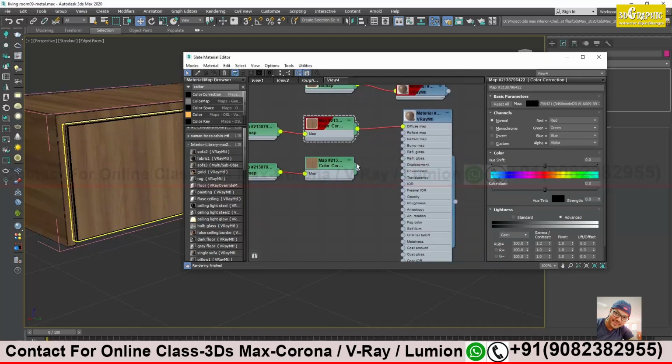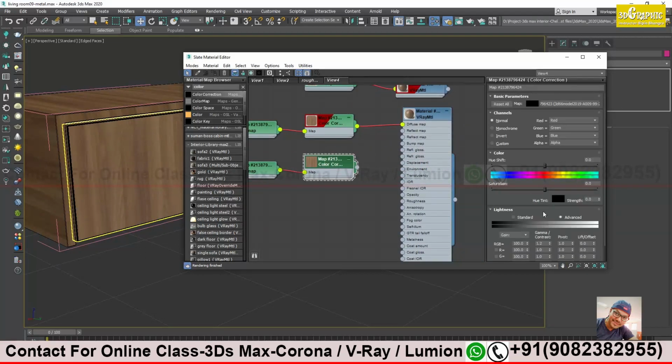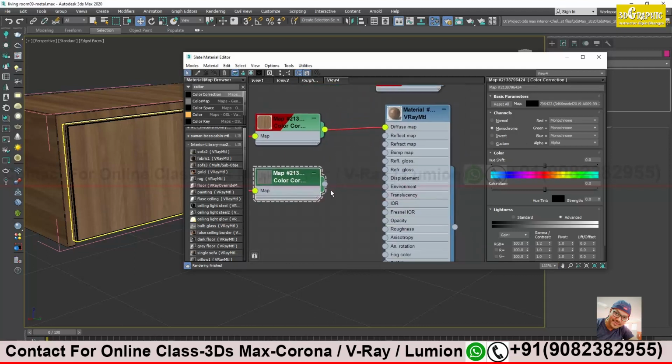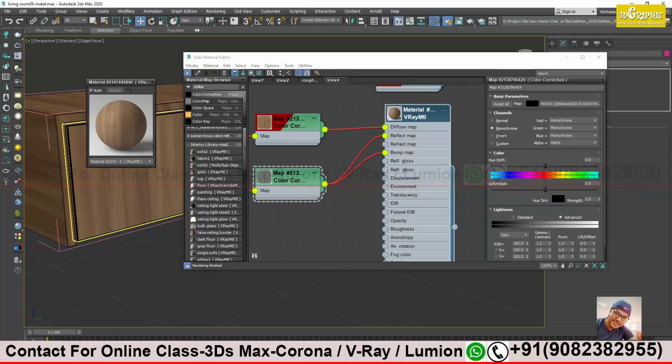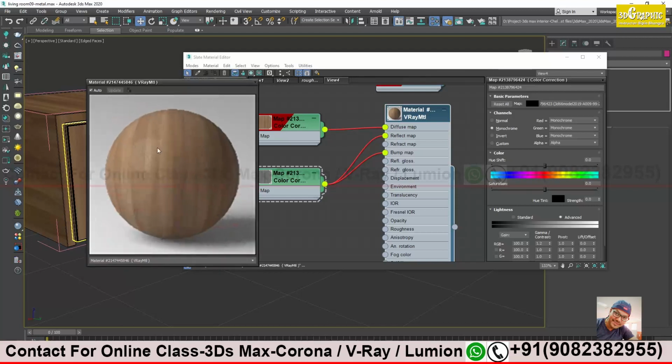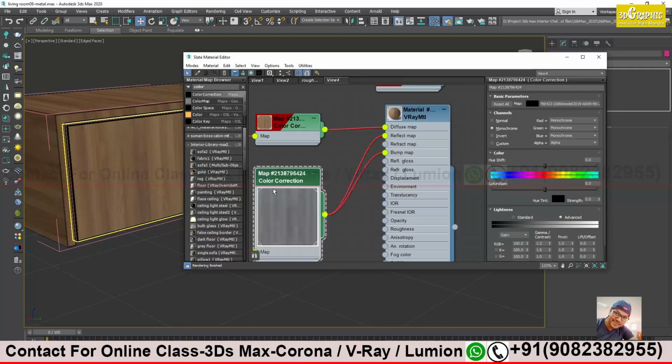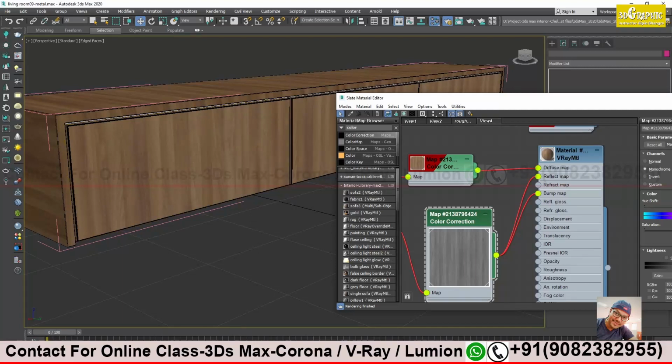So for that effect, try to get a black and white, monochrome image, and apply it on reflection as well as on the bump value. You get a nice, more realistic result. Now there's less reflection because only a few parts are reflecting. The darker areas are not reflecting anymore. Let's render and see this once again.